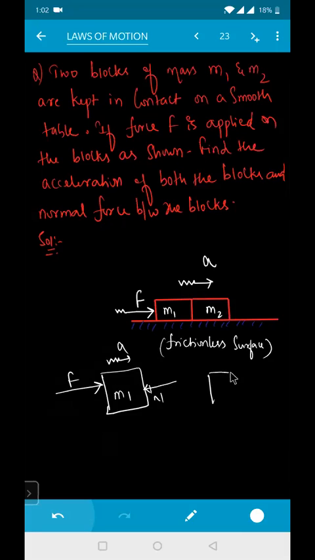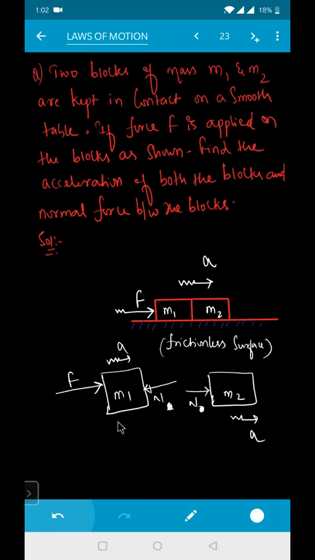और यहाँ पर है मेरे पास m2। m2 पे कौन फोर्स एक्सर्ट कर रहा है? खाली m1 फोर्स एक्सर्ट कर रहा है। वो कितना एक्सर्ट कर रहा है? n2 एक्सर्ट कर रहा है। और ये भी सामने भागने की कोशिश कर रहा है विद एन एक्सेलरेशन a, क्योंकि इन दोनों के बीच में नॉर्मल सेम है ना। ये n2 है और ये भी n2 है। ठीक है ना? या दोनों के बीच में n ले लो बेसिकली, कोई प्रॉब्लम नहीं। इसको भी n मान के चलो और इसको भी n मान के चलो।